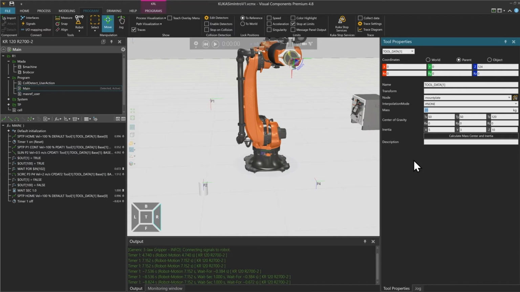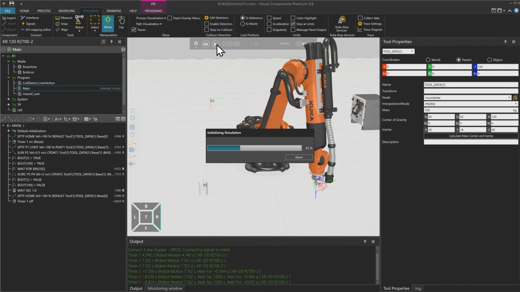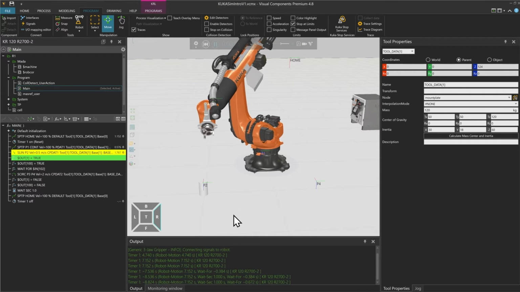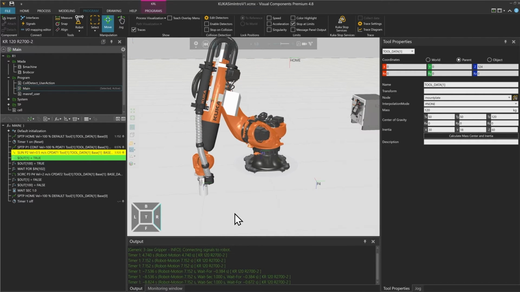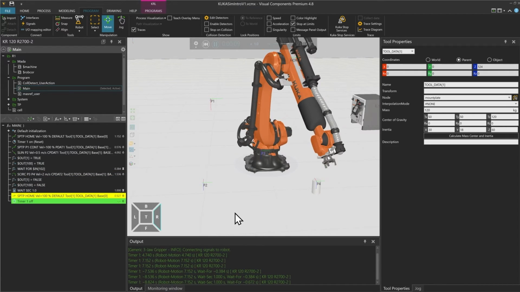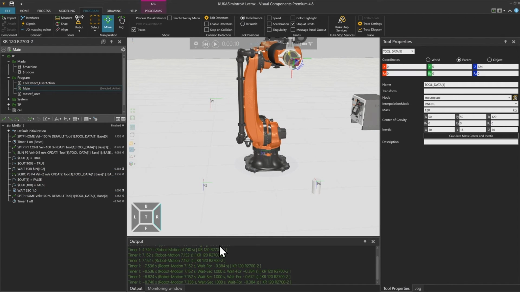If I now change that to the full payload of the robot, so 120, it will change the inertia, but also if I play the program again, you will see that the robot motion time coming from the RCS changed.